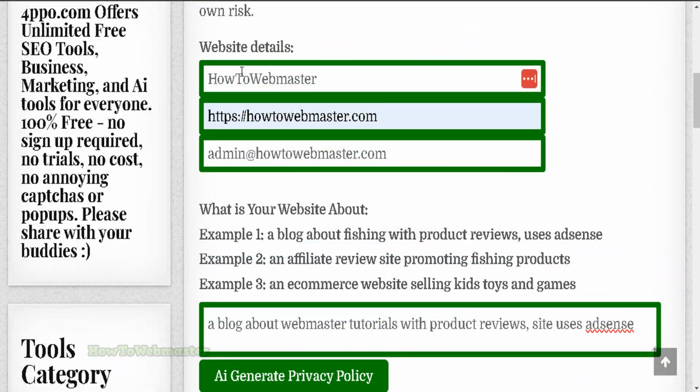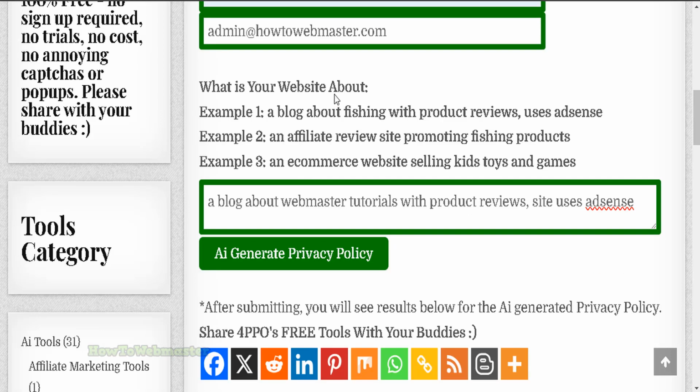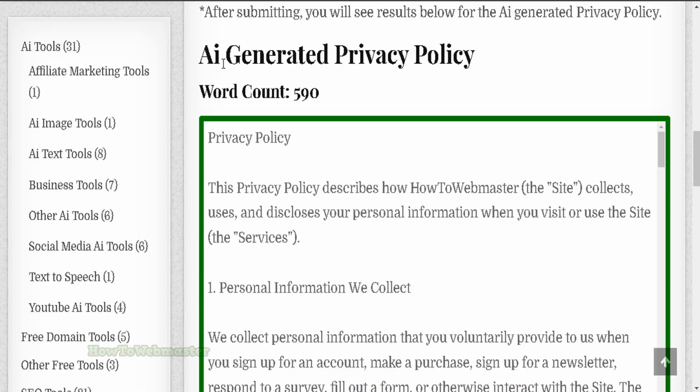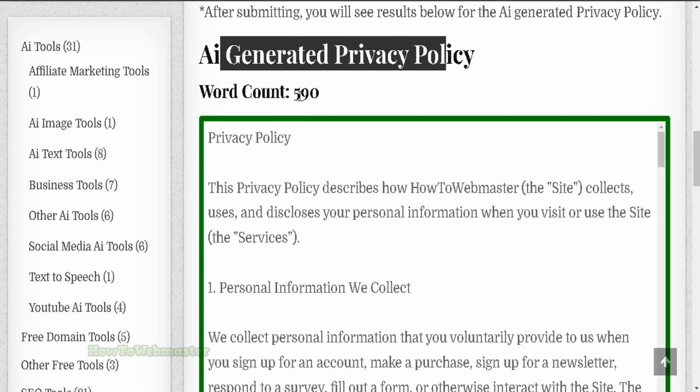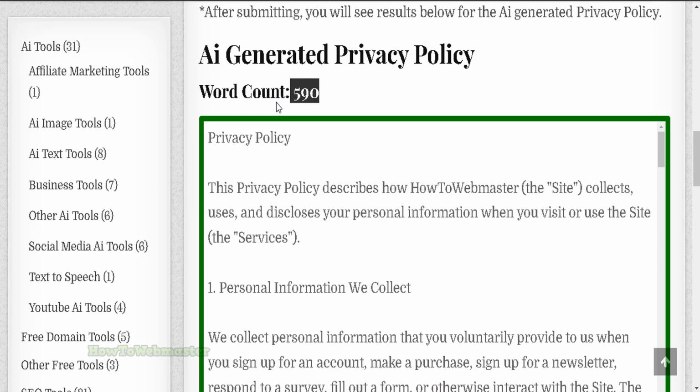Alright, for this example, my website is How to Webmaster, company name, URL is right here, email address. And what is the website about? A blog about webmaster tutorials with product reviews, and the site uses Google AdSense for generating income. So let's click on here, AI generate privacy policy, and down below it generated a privacy policy template for me